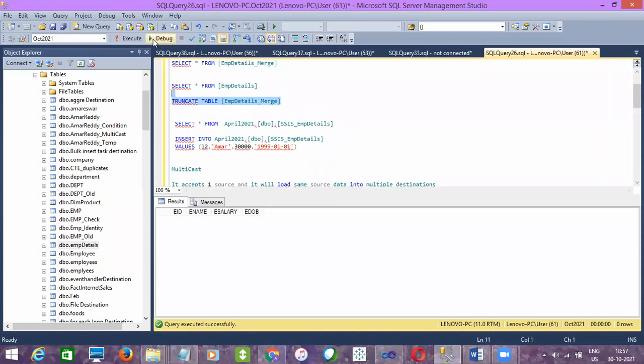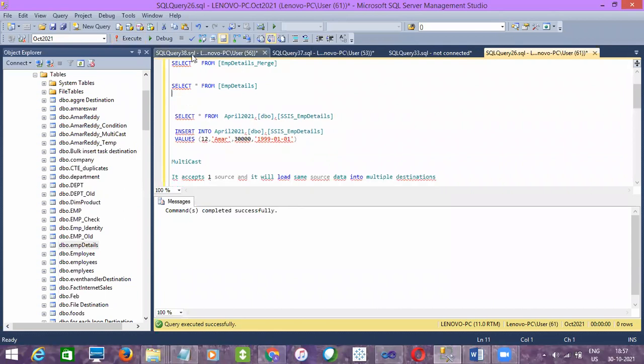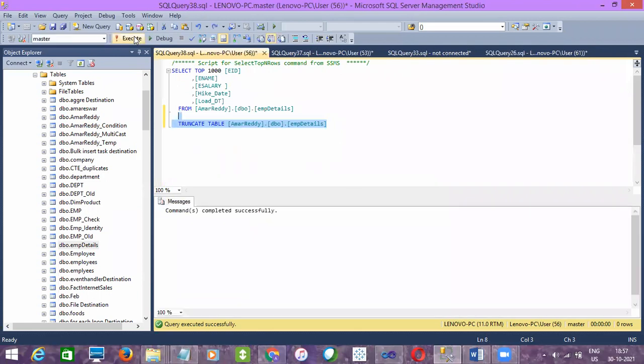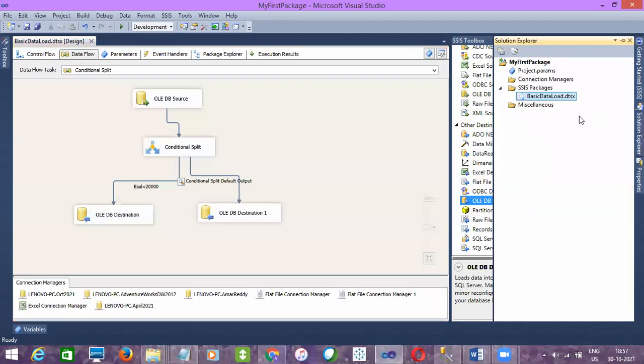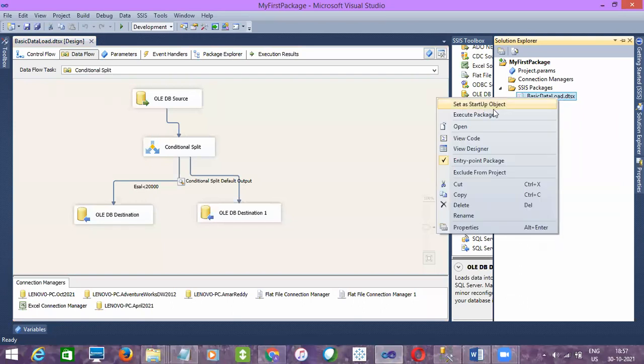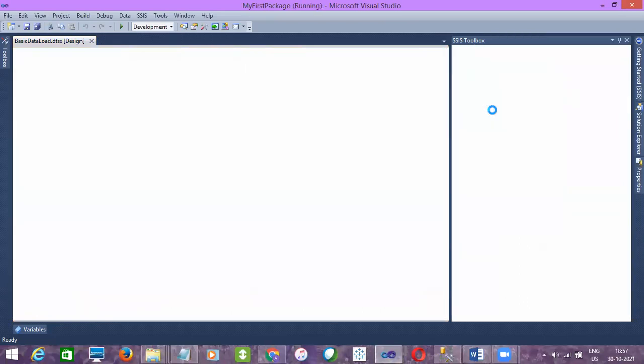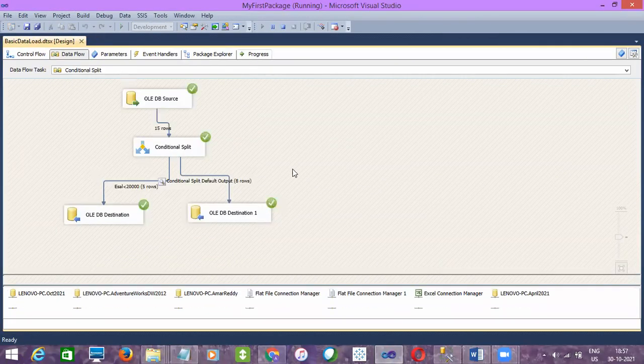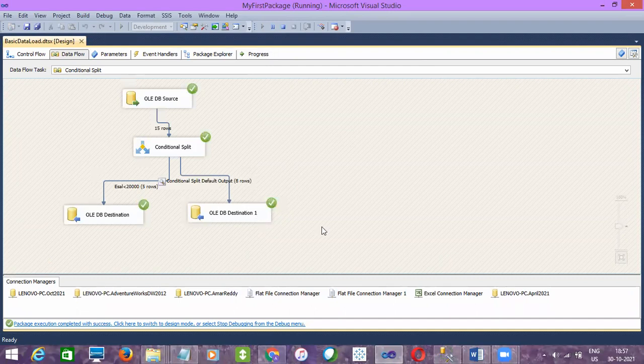Let me truncate the proper one. And I'm truncating this one as well, and I'll run it now. Okay, both the destinations have empty records. Right, so let's check the data.